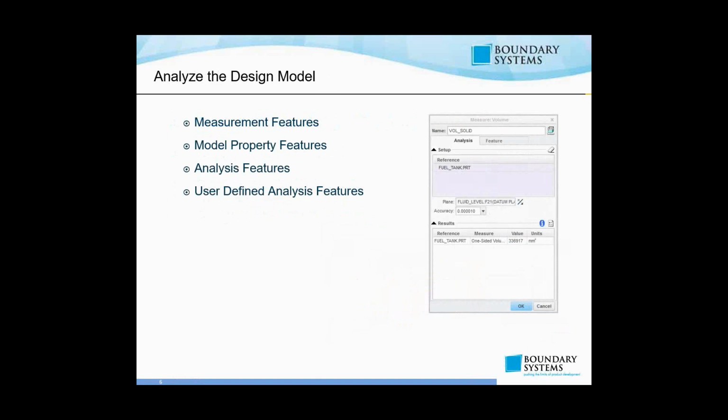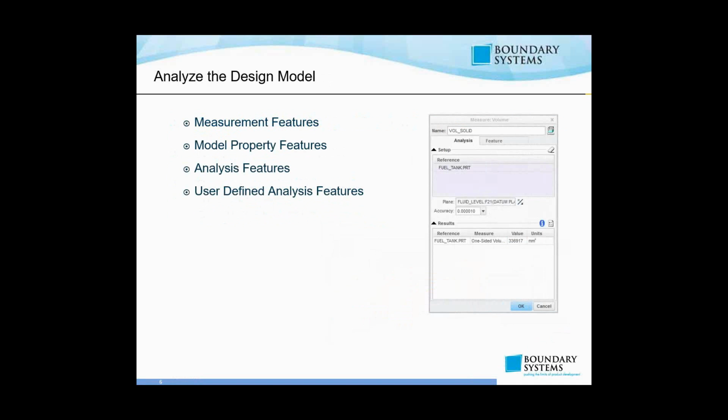And the critical thing is at step 2, again, analyzing the design model. It could be any kind of analysis you can do on it. So really just a snapshot of some of the different kinds of analyses that you can do within behavioral modeling in Creo could be measurement features, right? And so it could be measuring a certain distance, or measuring a certain volume or area, and setting that in Creo as a target, so that way you could then optimize that area or volume to a specific value. It could be